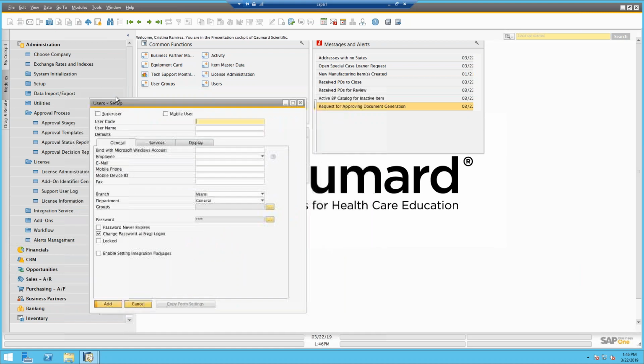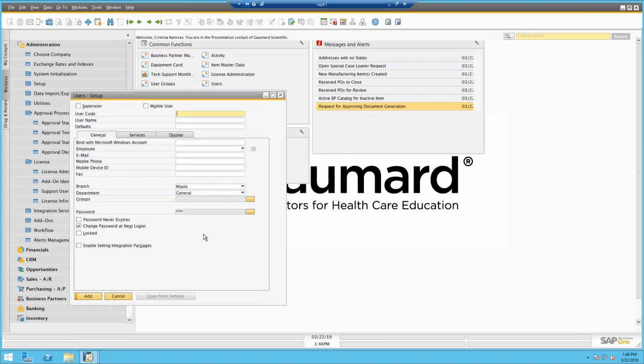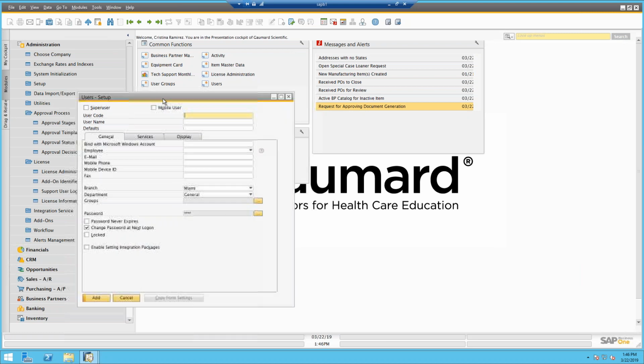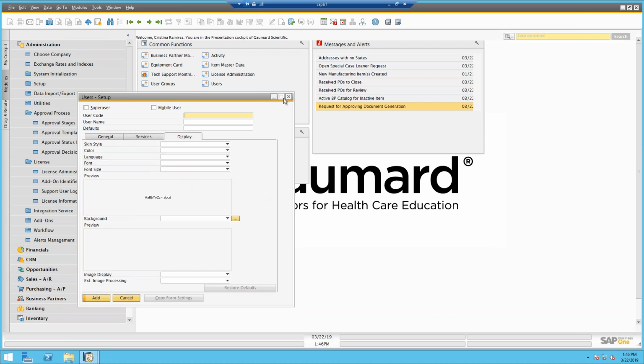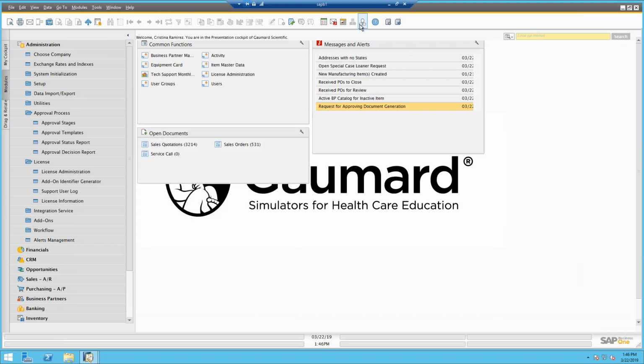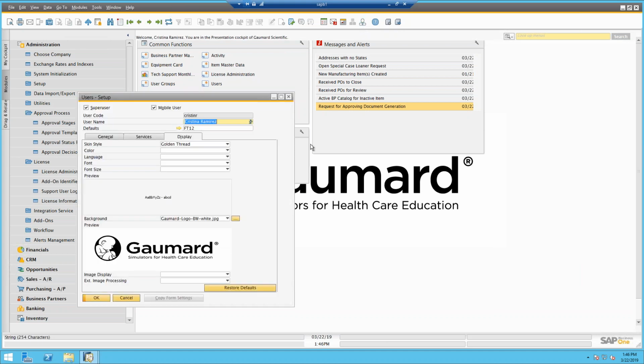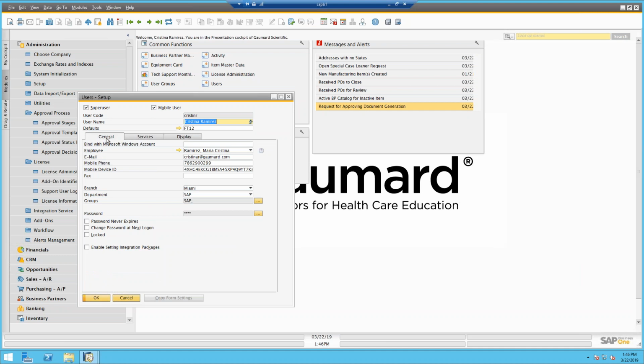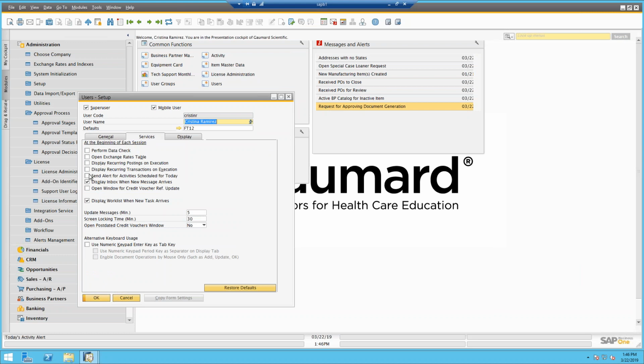And speaking of users, this window in 9.3 was also updated or enhanced. There are some settings here that used to only be company specific. I think now they're user specific. So if you're managing users, you'll be able to look at this user setup window and change a few settings. But also if you're a user, on 9.3 you can click on this icon, My Personal Settings, and based on your authorizations, you'll be able to change some of those settings yourself,